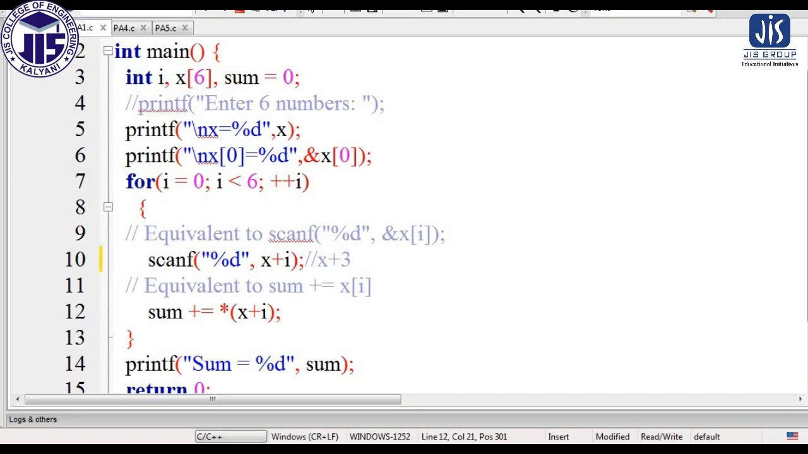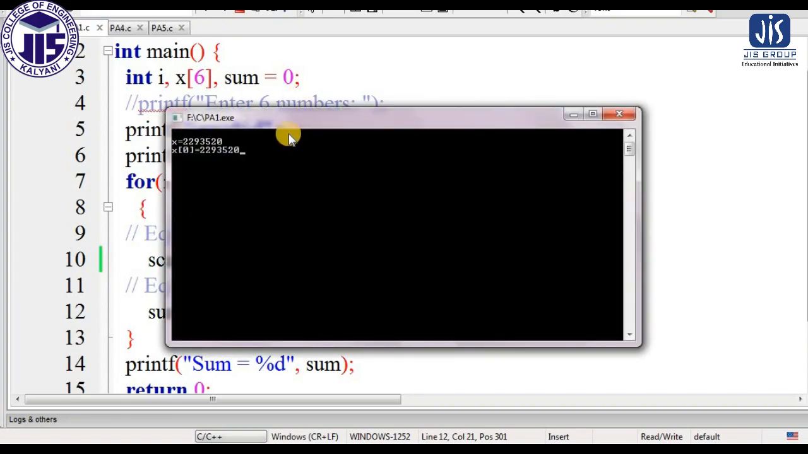So two processes we have discussed. Let me show you the output. Here we have to take the inputs. Let me take the input as 1. So you see the inputs I have taken as 1, 2, 3, 4, 5, 6, and the sum we are getting is 21. The process is similar to the previous program, but here